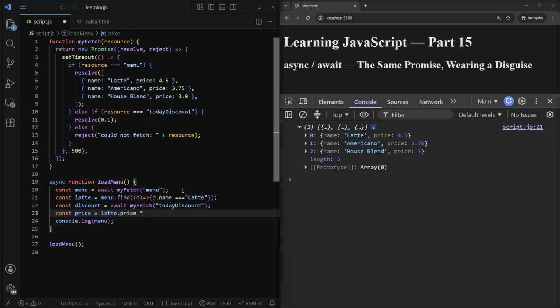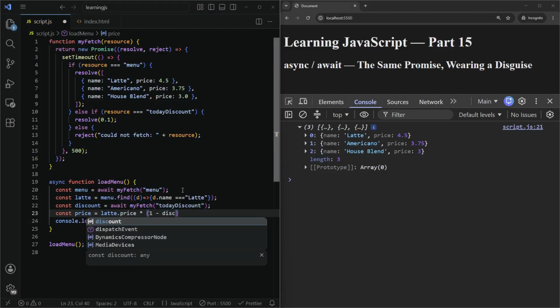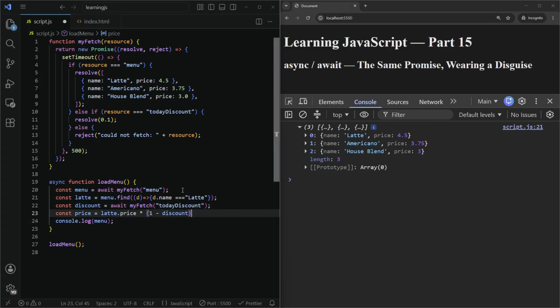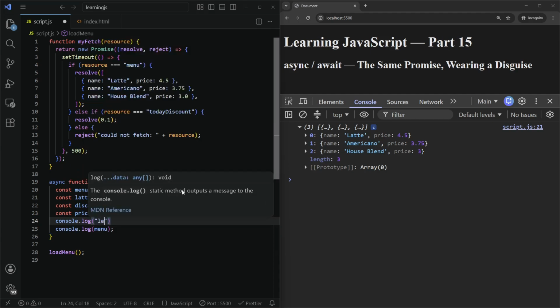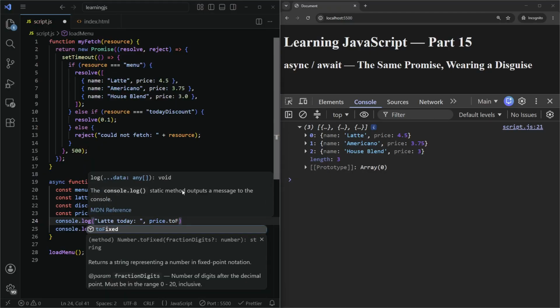Price times 1 minus discount, and then we console log latte today, comma price dot toFixed,